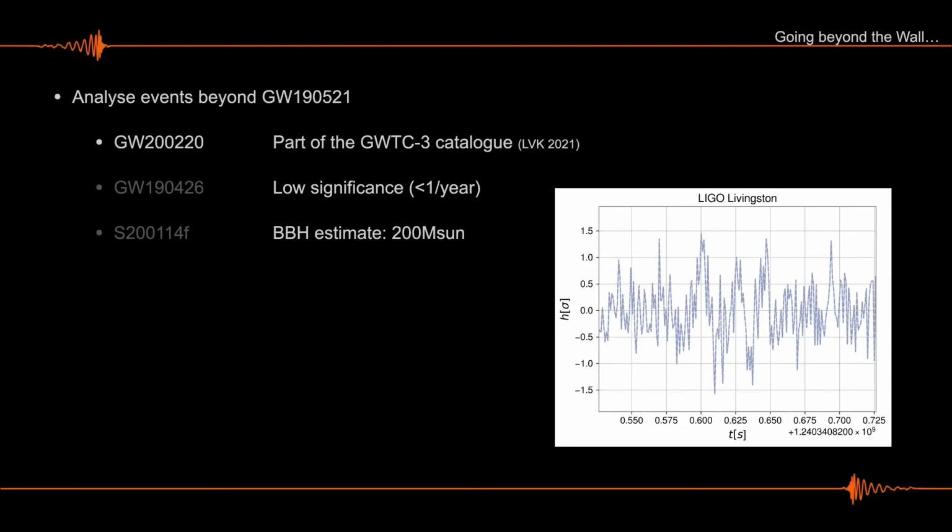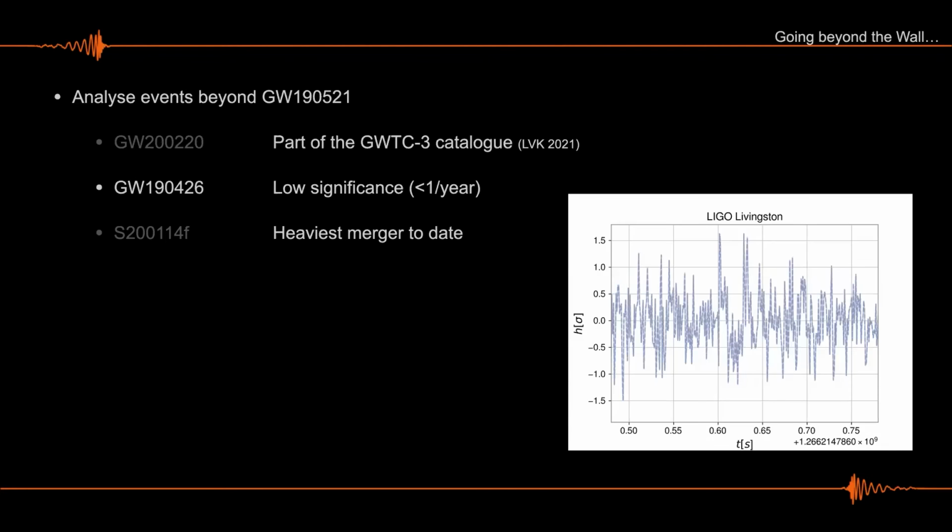Thousands. I mean, orders of magnitude above. I wouldn't bet my arm on this being a true gravitational wave signal. Now, as I said, the signal is very short, and the estimate of the mass coming from black hole models is 200 solar mass. Then we have this even less reliable event, which is GW1904-26.